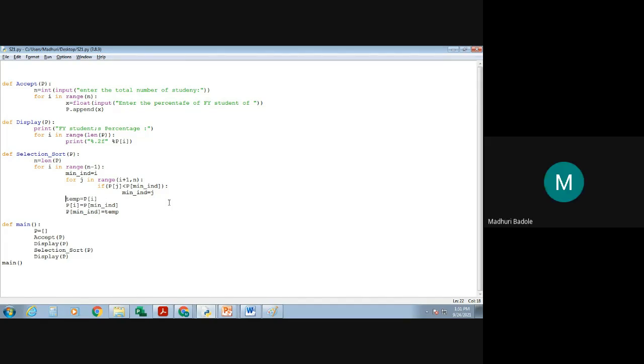Or we can put it in an if-else condition. If my minimum index is not equal to I, then you are going to perform the swapping. If it is equal, there is no need to swap.